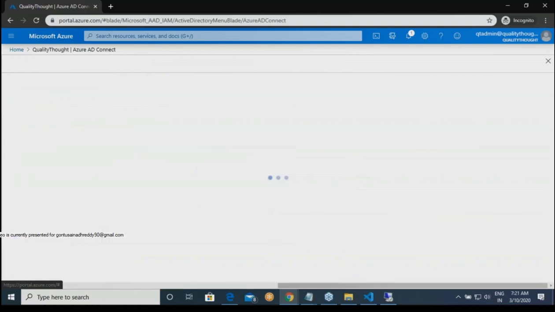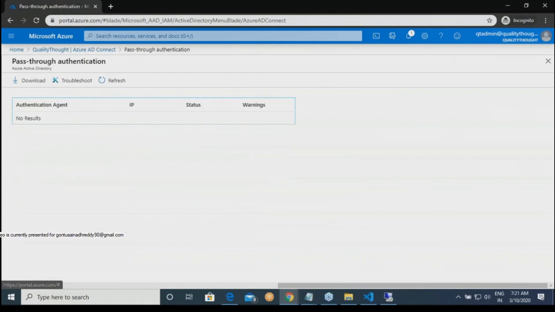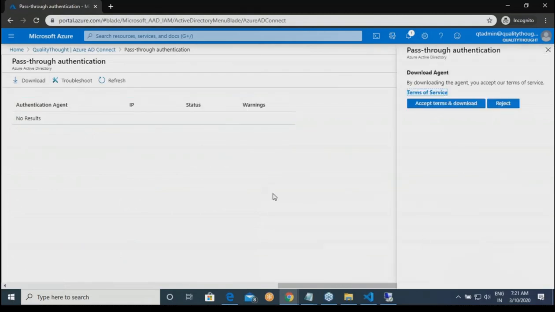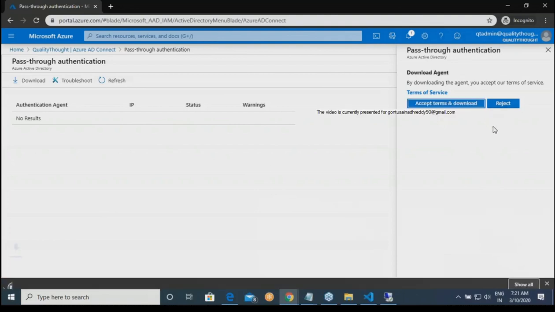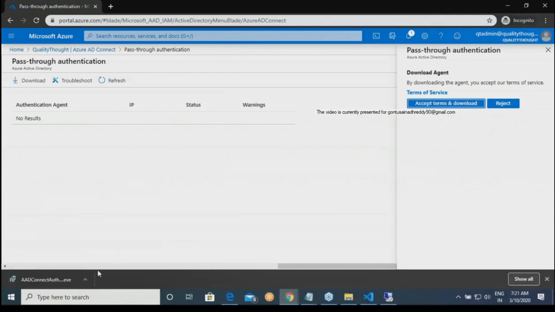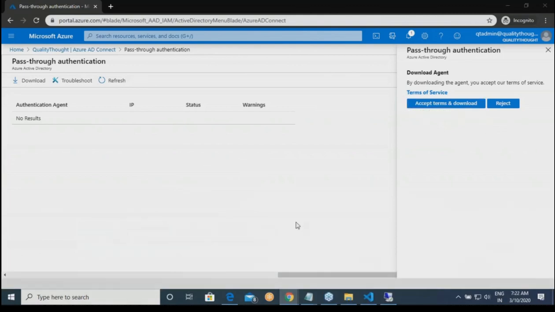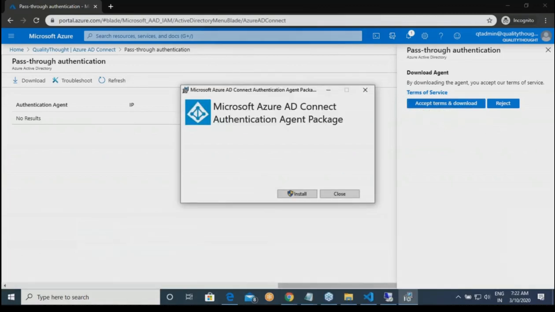Okay, pass-through authentication. So are you saying it is asking you to download something? Okay, so I'll not do this completely.